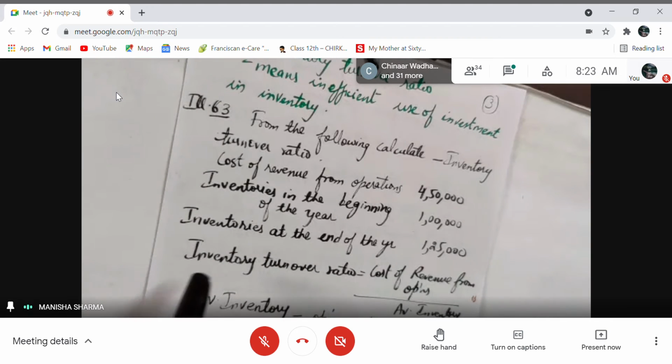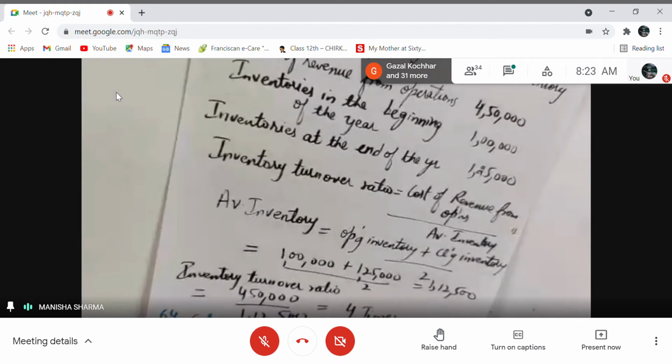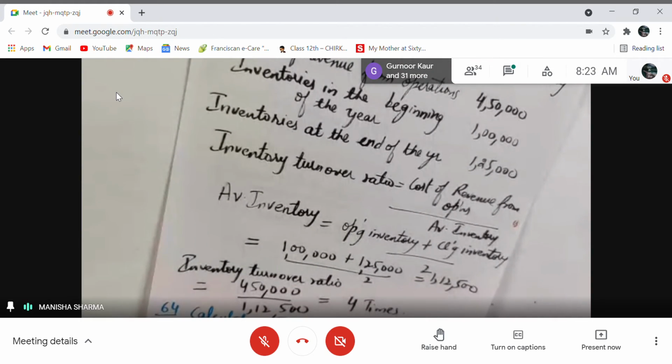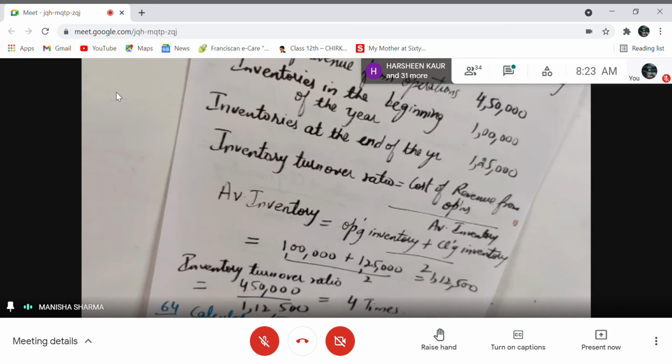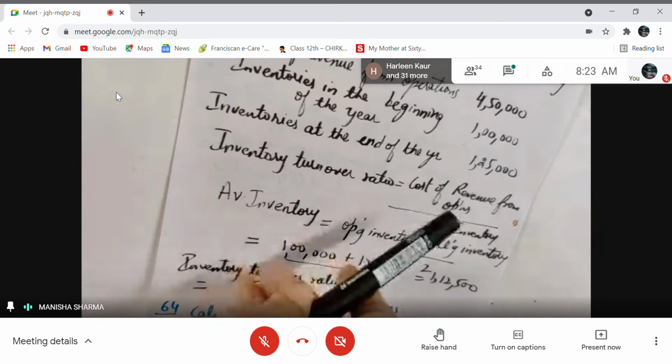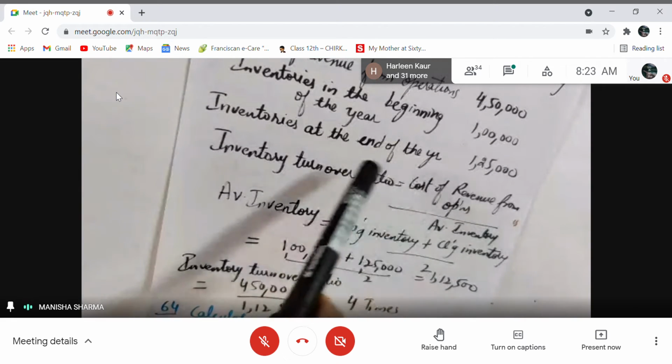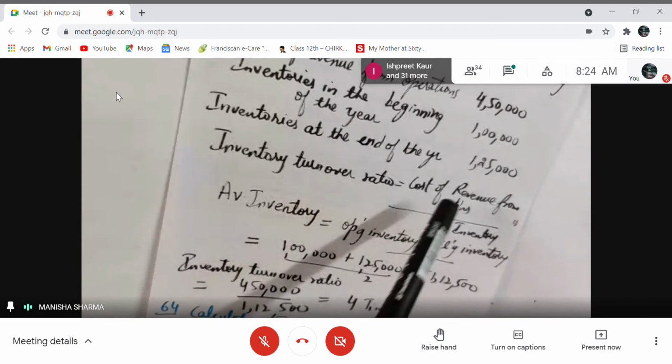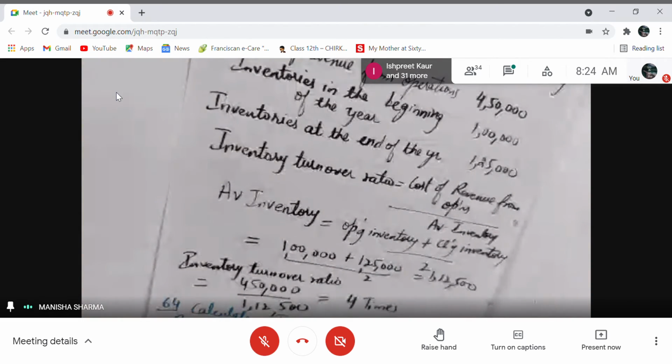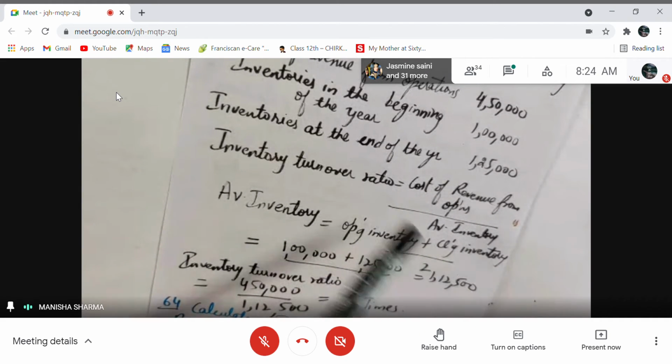So for the inventory turnover ratio, you always write the formula, fine. Then do the substitution afterwards. And then you will make notes to accounts, all working or plus minus, though I'm doing it first in order to show it to you. So you do all working at the bottom in notes to accounts or in the working notes, right? So you write the formula, cost of revenue from operations. We've just now done, inventory turnover ratio is COGS divided by average inventory. Now I told you average inventory is opening inventory plus closing inventory divided by 2.